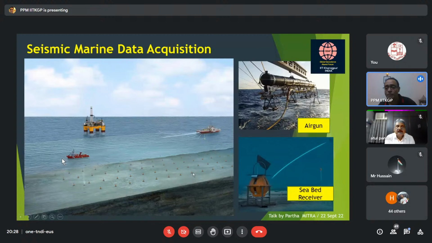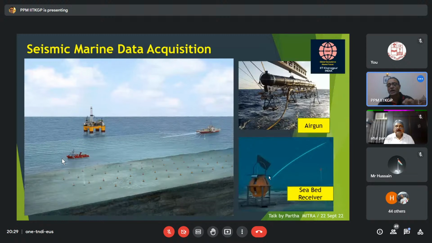Now these are very advanced kinds of receivers. You just lower it from your ship. It is all programmed. It will take itself; you don't have to go and place it. This particular receiver will only stop at a very specific position. And once the acquisition is over, it will send a signal, and it will come up at the